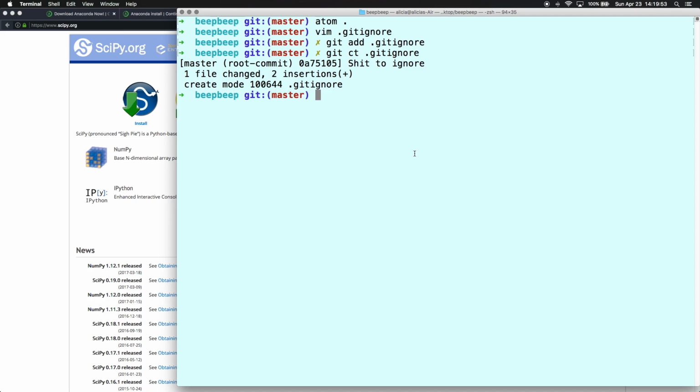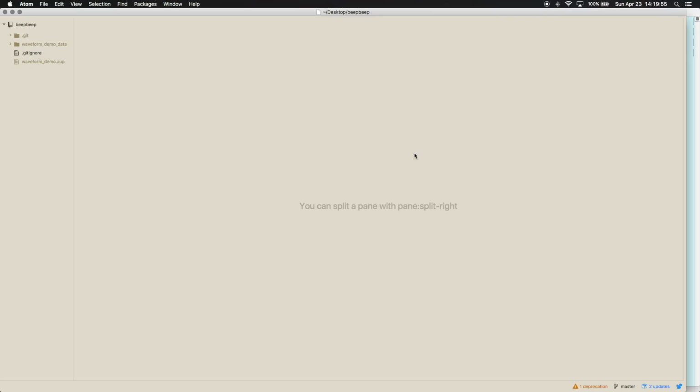And then lastly, I have Atom opened up in that directory so that I can make the file that we're going to run as a Python script. And as you can notice here, we have the